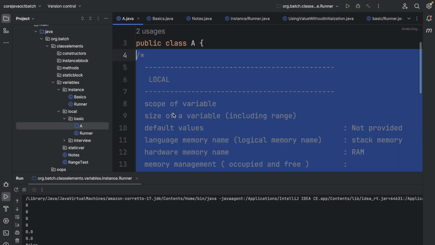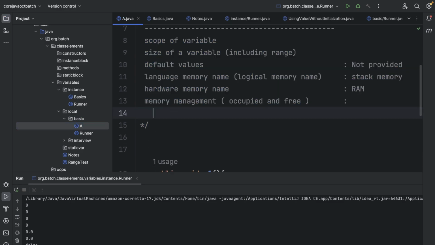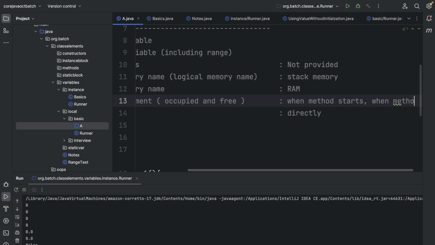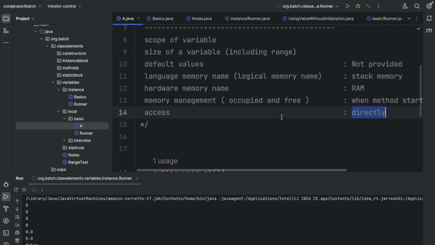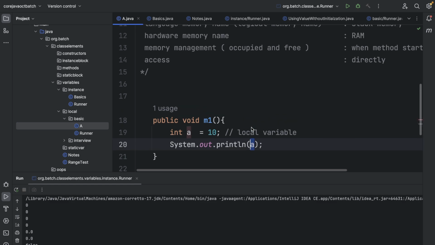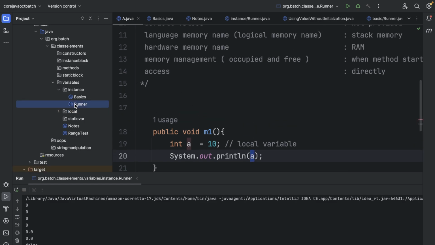When we try to access a local variable, since the visibility is inside the method, we can access it directly, only directly, starting when the method starts and when the method ends. We don't have to use anything else. If it's visible anywhere, then I can directly use it, so accessibility is direct. But